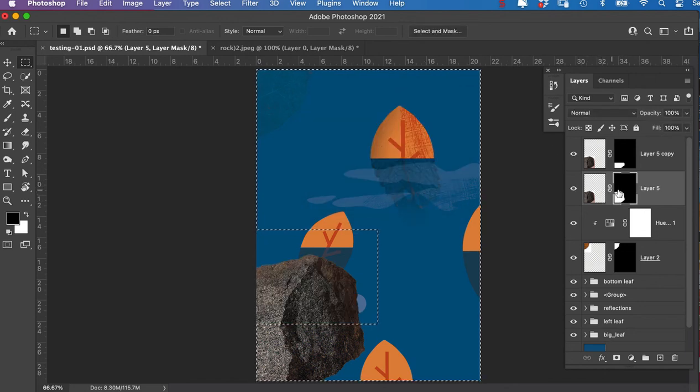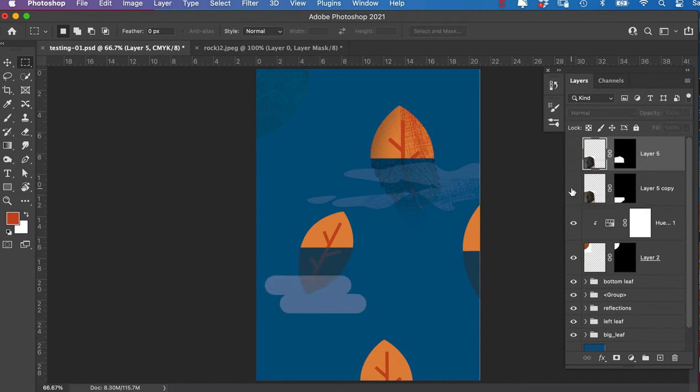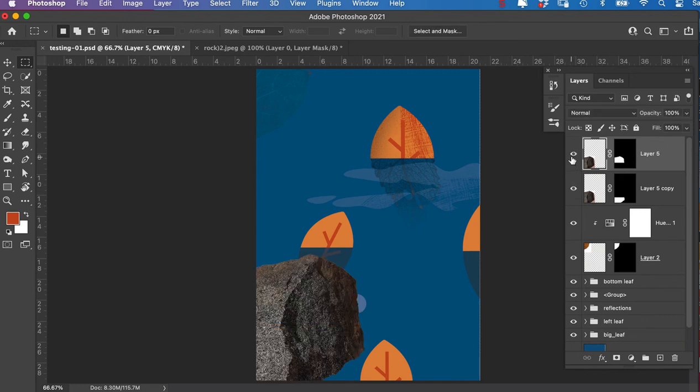Oh, just have to switch on the eye. Option Delete on the mask, Command D. Can you see that these have given the opposite? I'll swap them around. So if I switch them off, that has just the top half of the rock, that has just the bottom. And now what that means is I can focus on the bottom,